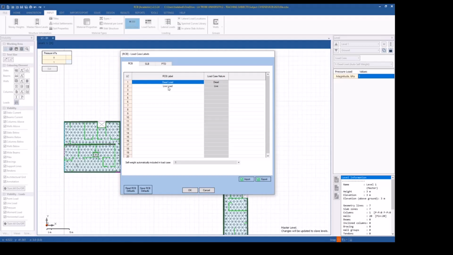We already have the dead and live defined, so here I'm going to define the rest. Use good acronyms that will make it easy for the reviewer to check. So I will use, for example, north wind. We just call it north wind. I will call them south wind. I will call east wind. I will call west wind. And I will have earthquake X